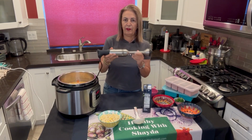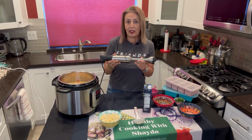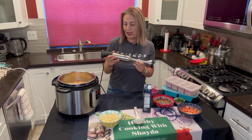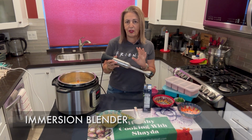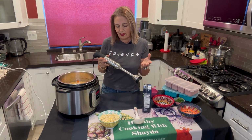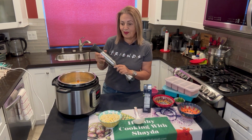immersion blender. This is my favorite one. I've gone through I don't know how many immersion blenders, like Cuisinart, all the other ones, and this has by far surpassed any of them. I got this on Black Friday when they were all on sale, so I'll post a link to it. Keep an eye out for it for Black Friday holiday sales, and we're going to go ahead and blend this baby